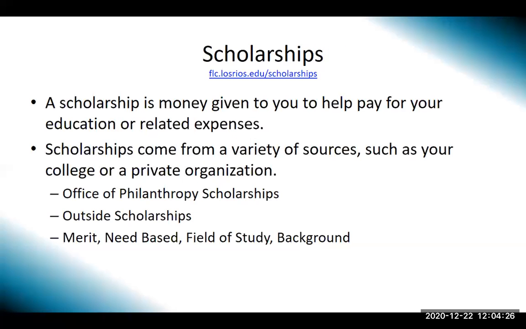If you do need additional support to cover expenses, we encourage you to take a look at our scholarship opportunities. A scholarship is free money given to you to help pay for your education and related expenses. They come from a variety of sources, such as your college or outside organizations. Scholarships all have different requirements and look at different aspects, such as field of interest or major, ethnic background, merit,